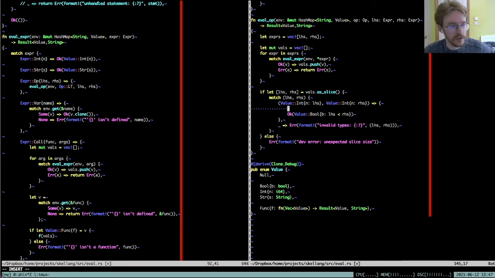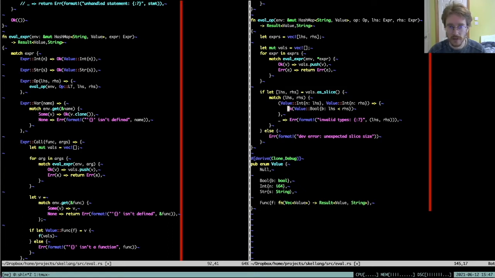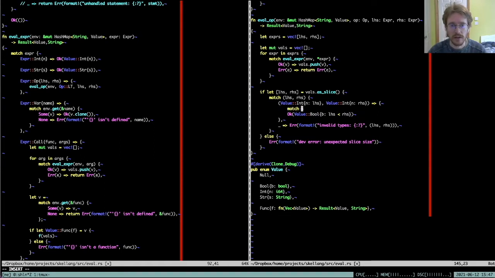But if our different operators could support different types, then I'd need to basically switch between the different operation cases at the outside level, so that inside, I could check the types and make sure that they are all sound. But in here, I can just do a match up, and so if that's less than,